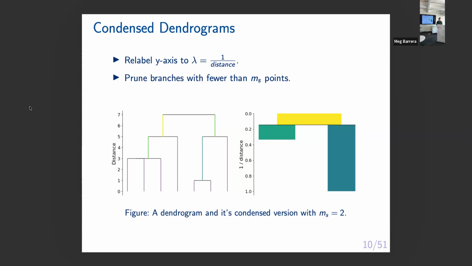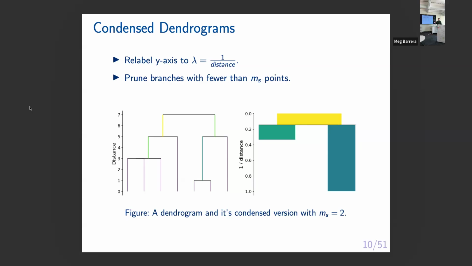So there is this minimum cluster size parameter that's somehow related to resolution. Big clusters will be, maybe it's a bit more like modularity resolution. So there on the right, if the minimum cluster size is 2, we have to move up a level on the right hand side of the tree. Yeah, so this bottom level here is okay. It's slightly shifted. There'll be some maybe nicer examples of condensed dendrograms later.